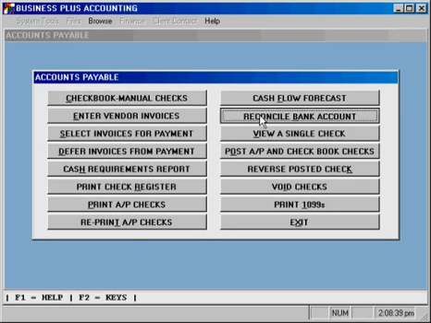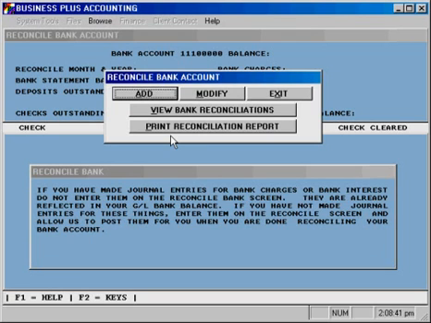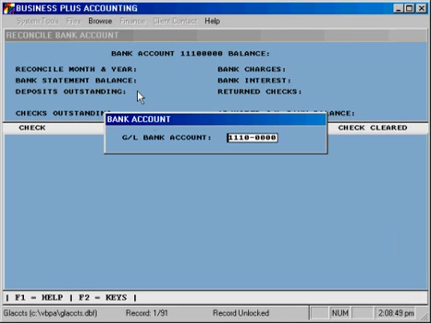You can also reconcile your bank account using the software. The software will allow you to calculate your bank charges in there. It will let you look at deposits. Let's go ahead and pull that up. We're going to reconcile the bank account for the standard bank account,